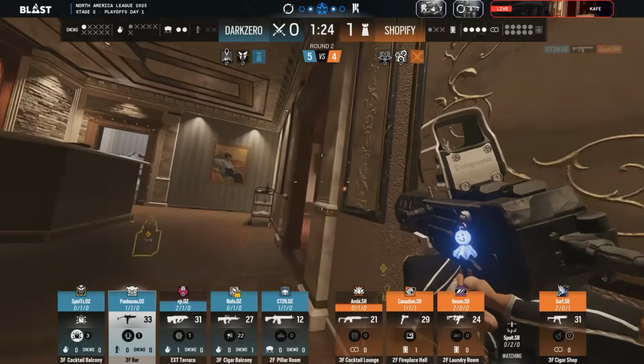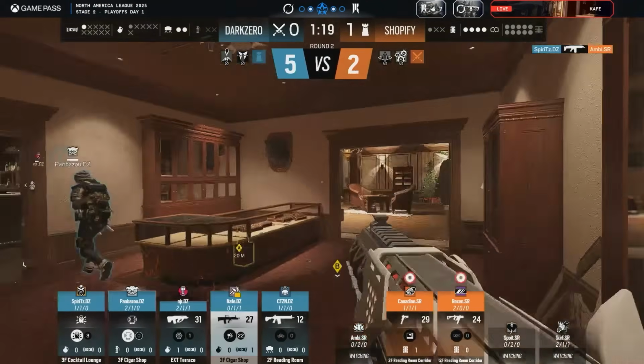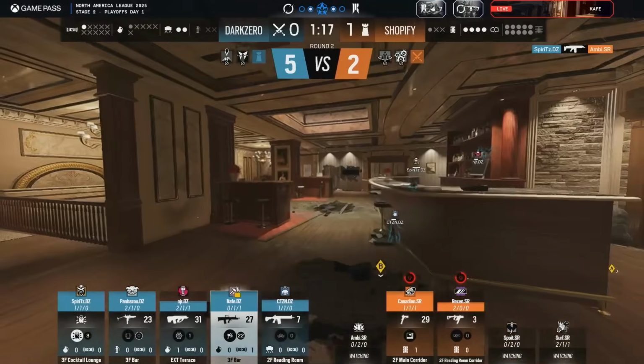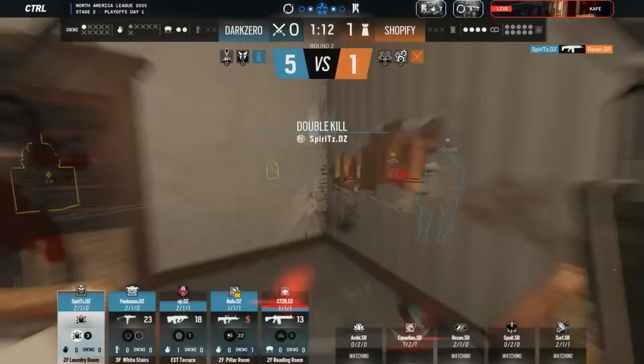Especially Citizen walks in, gets the first kill, and immediately backs off as top floor control seems to be firmly in the hands of Dark Zero, as Panbazoo clears that quick and it seems the round will fall soon after. Well, one thing I will...